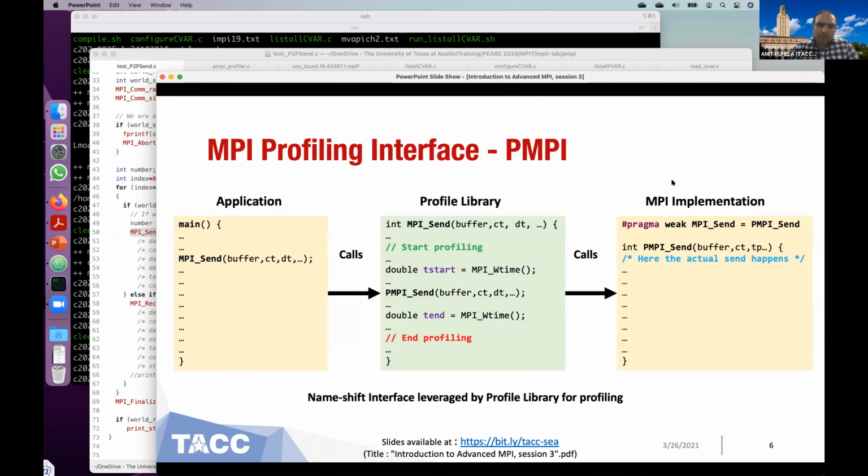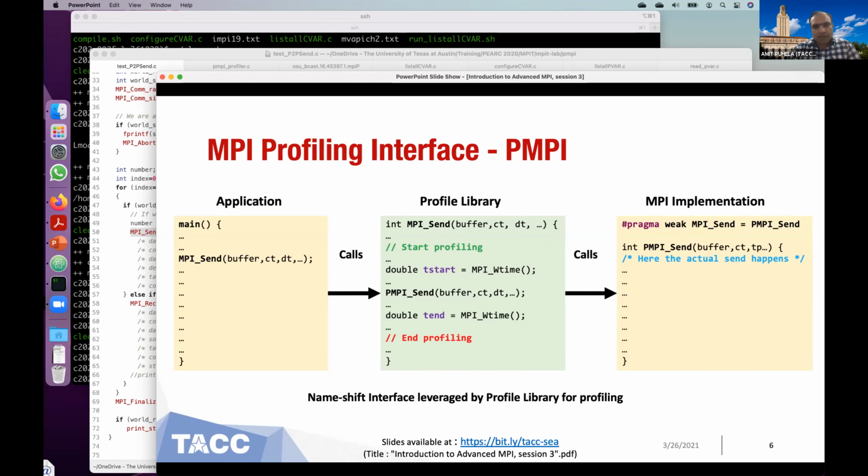The profiling libraries define a stronger definition of MPI send. When the program is compiled with a profiling library, instead of this weak function being called, it is overridden by the profiling library's MPI send function.